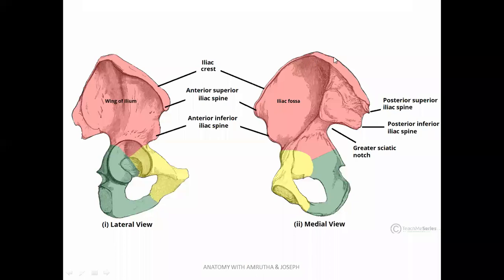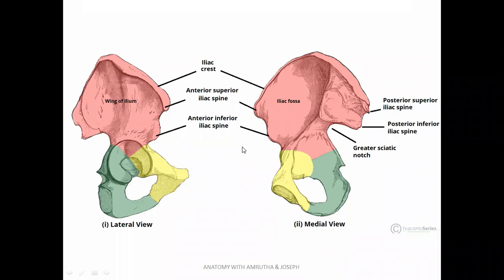Posteriorly, on the posterior aspect of the iliac crest, there's a prominence called the posterior superior iliac spine. Again, there is a groove followed by the posterior inferior iliac spine that could be seen. And after that, there is a notch-like structure right here, that's called the greater sciatic notch. When we continue, here there's a projection called the ischial spine. So today you have to go back and read about the hip bone once again. Start seeing the diagram and start identifying the different parts of the hip bone.